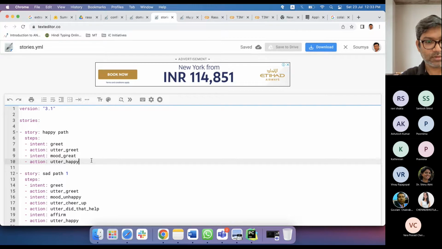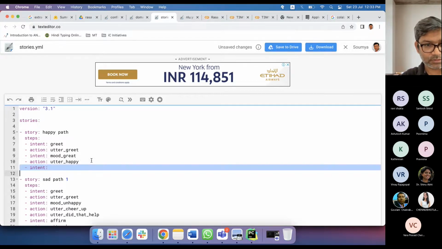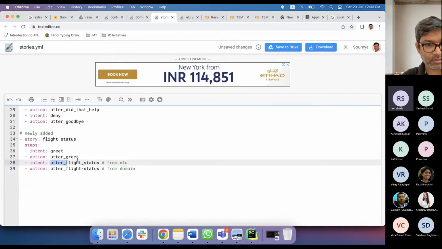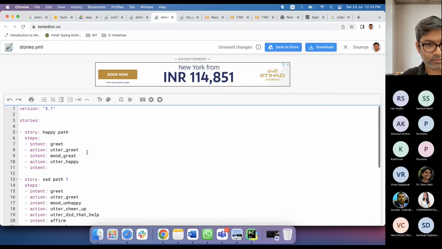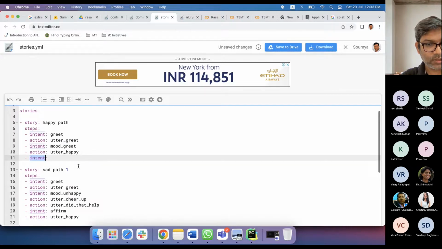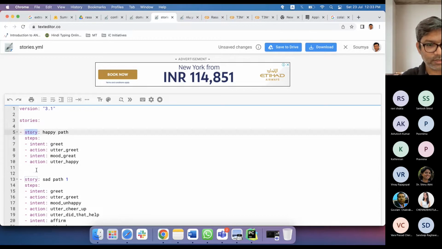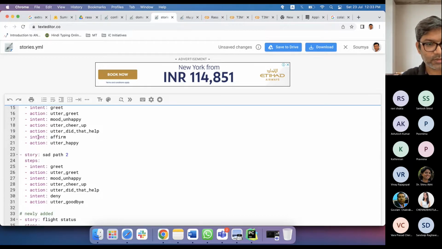Okay, sir. Maybe I typed it wrongly. That is what I feel. Yeah, this needs to be removed, because in other places for the other stories there is no blank intent.